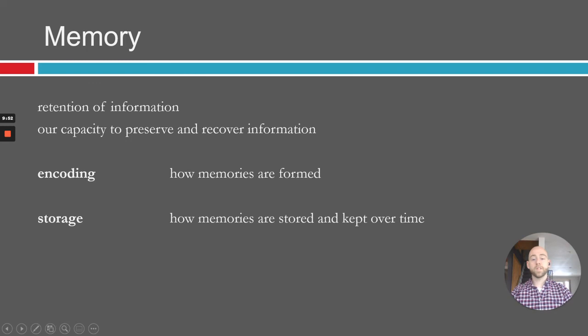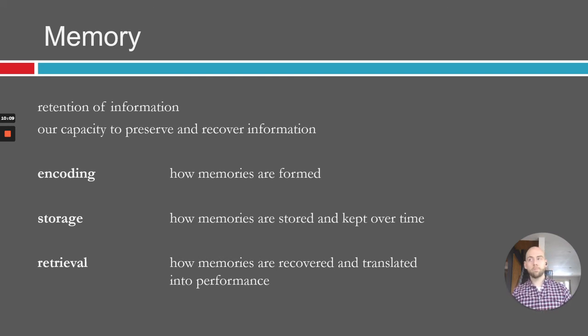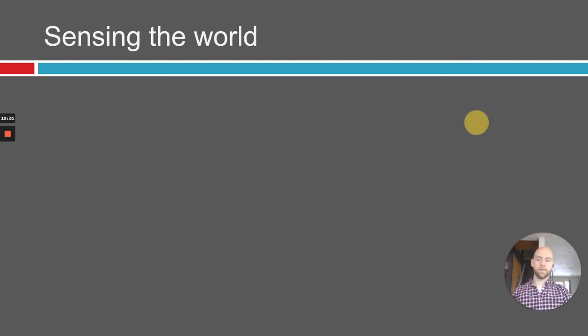Storage is what it sounds like: how memories are kept in your brain over time, how the different patterns of neural activation are maintained and sometimes practiced and rehearsed, depending on what kind of memory we're talking about. Then retrieval is when we recover those memories and put them into a usable format for answering a question or performing a task, whatever we need to use that stored knowledge to do. So memory can be much more complex than you might expect. You're forming the memories, you're storing the information, and you are recovering and using the information.